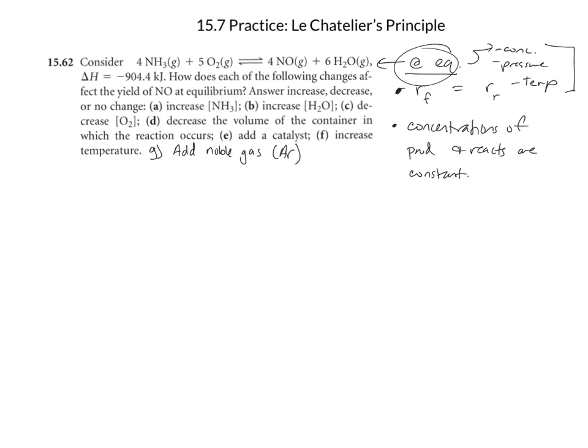Consider the reaction there. The enthalpy of this reaction is negative 904.4 kilojoules. How does each of the following changes affect the yield of NO at equilibrium? So NO at equilibrium, this is what we're looking at. Our answers will be either increase, decrease, or no change. So A,